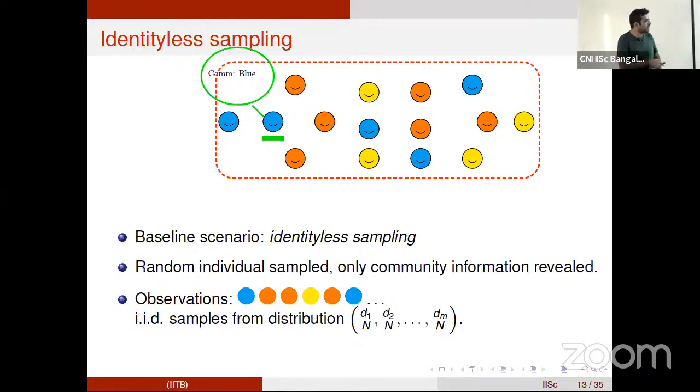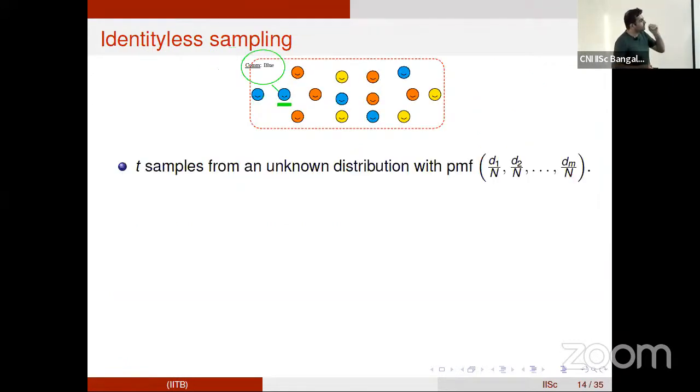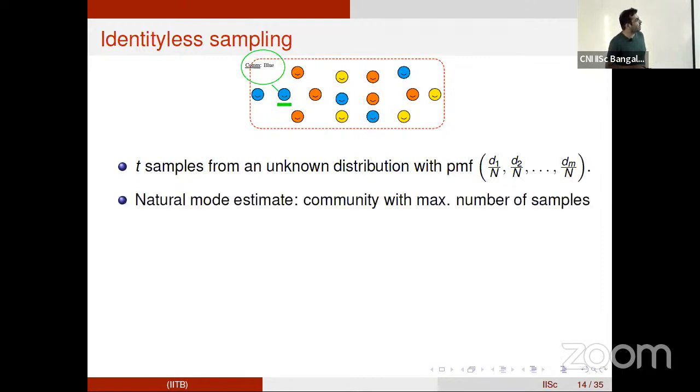So all you are seeing are samples from an underlying distribution which has this form, and so the task of identifying the largest community boils down to mode estimation from a sequence of IID samples. Our goal: we have t samples from an unknown distribution which has a certain PMF, and a natural mode estimate would be whichever community you've seen the most samples from; you output that as your estimate of the largest.